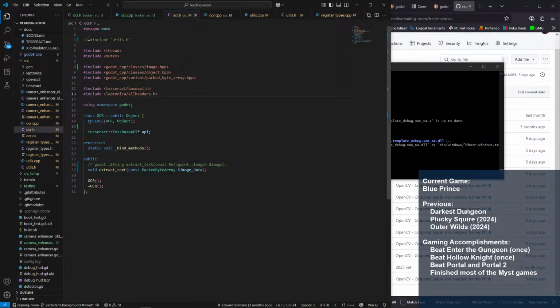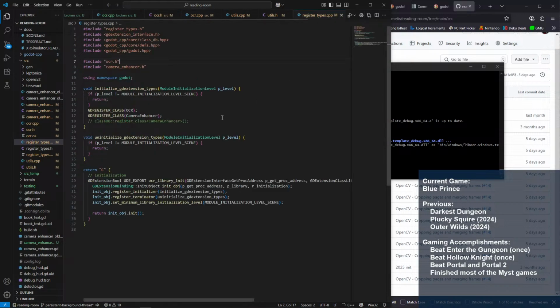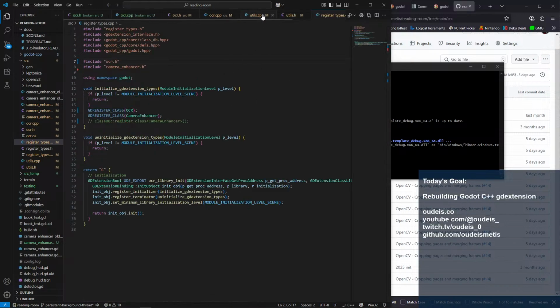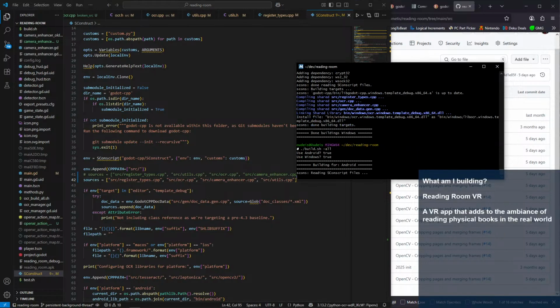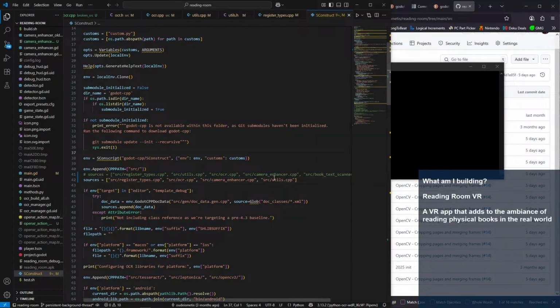What if I bring that in? So we'll bring in our utils.h, and in registered types, well, no, not registered types, as construct. Order could matter here. There's a chance order matters. So utils.cpp is brought in as a source here.